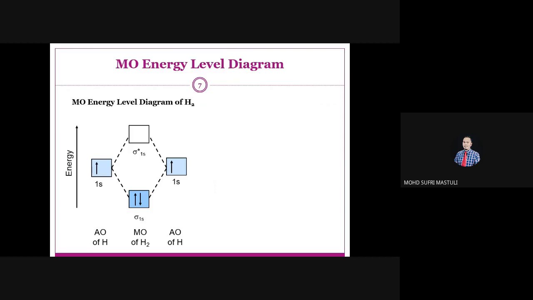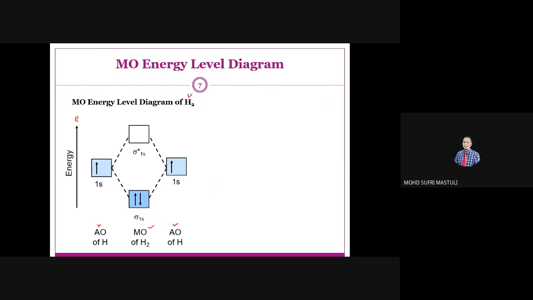So we start with the simplest molecule. In each molecular energy diagram, we have the Y axis, which is energy, and we have these three things. We have the atomic orbital of the first atom and the atomic orbital of the second atom. In the middle, it's not atomic orbital, but it is